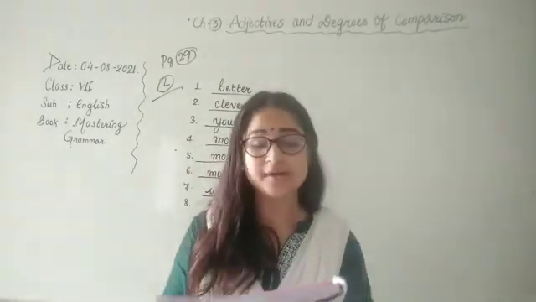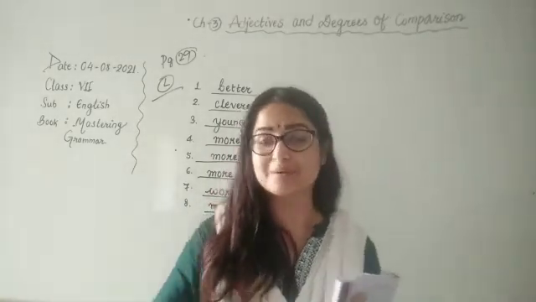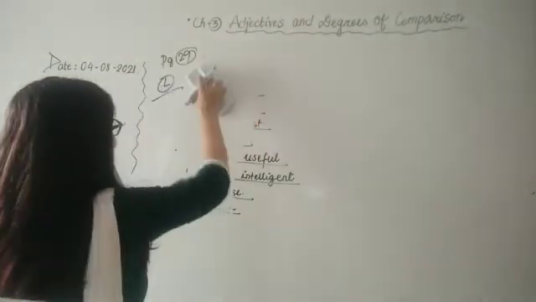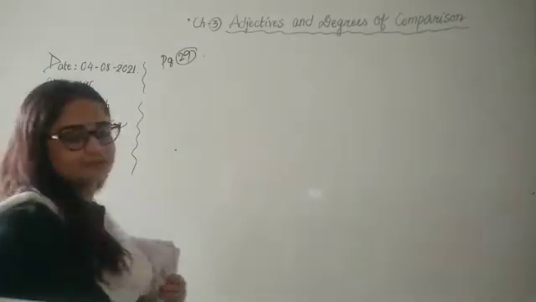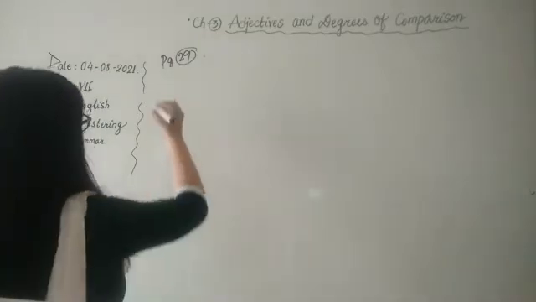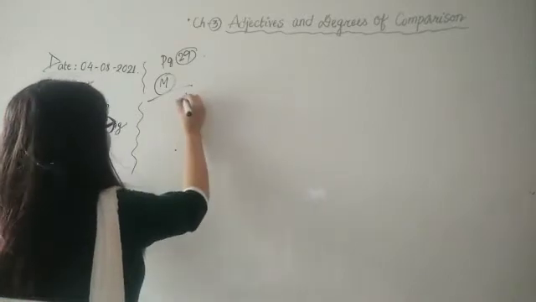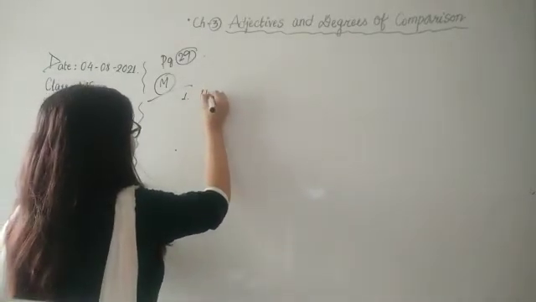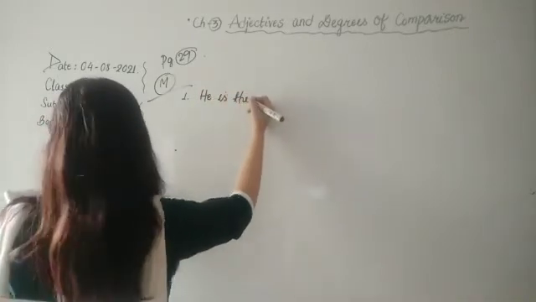Okay. He is the older of all his brothers. What did I tell you when we are talking about the same family members? We are not going to use older. Instead, we are going to use elder. So let me help you correct it. I will be rewriting it and you have to write the questions. It's on same page number. M is the exercise number. Now let's do number 1. He is the older of all his brothers. He is the eldest. Okay.